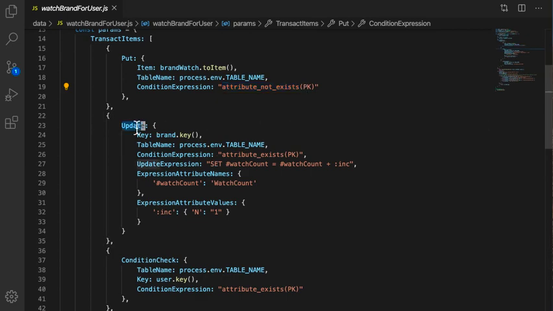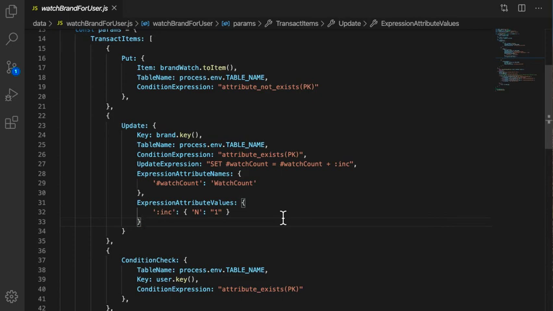At the same time, we're going to update the actual brand item itself. First, we want to make sure that item exists, because we want to make sure this is an existing brand. If that happens, then we're going to increment this watch count, and we're going to set it equal to the existing watch count plus this increment, which is going to be 1. So this is how you can increment that up and just keep a count of how many people have watched it. Again, this is going to save us from having to go back to that brand watch and query all of them for a particular brand to see that up-to-date count,